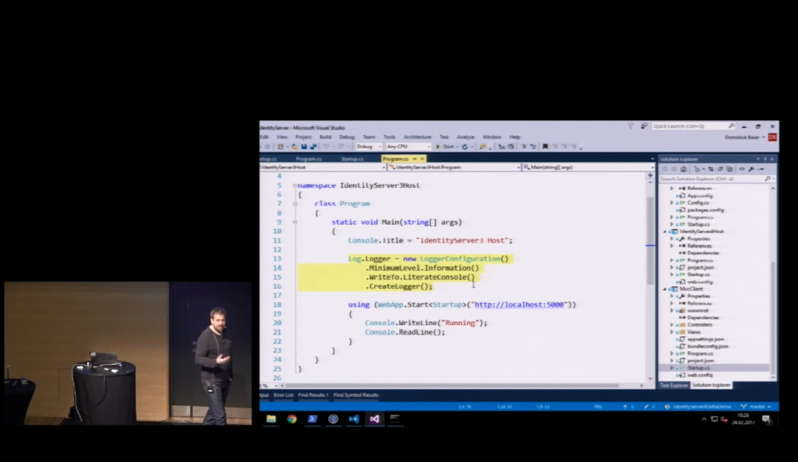So there was no logging infrastructure in Katana. So as a library developer, you had a hard time. What are you doing, right? I mean, you don't want to use, I don't know, log4net or NLog or Serilog or whatever, and then force everyone else that uses your library to use the same logging library. Yeah? So we're using a